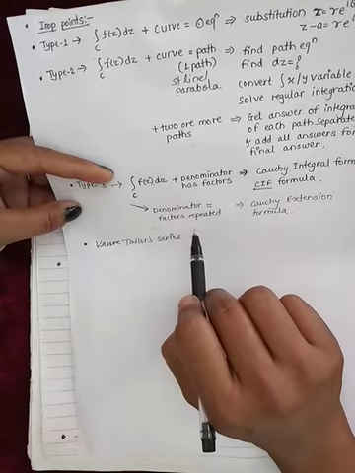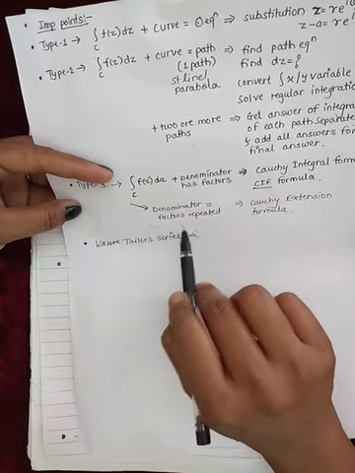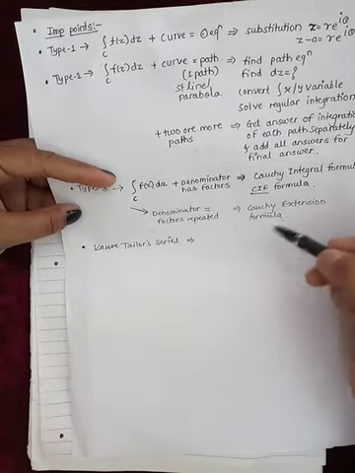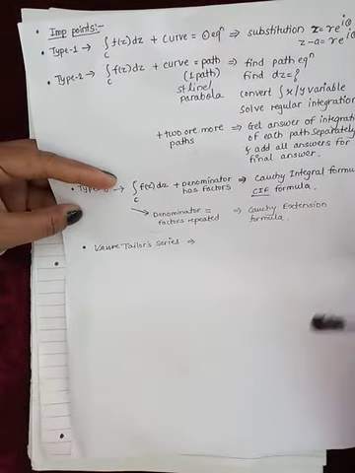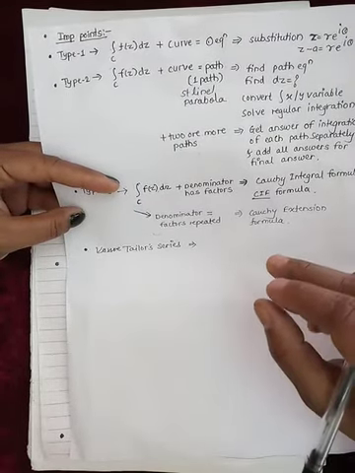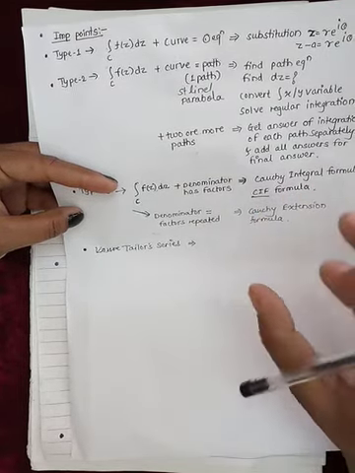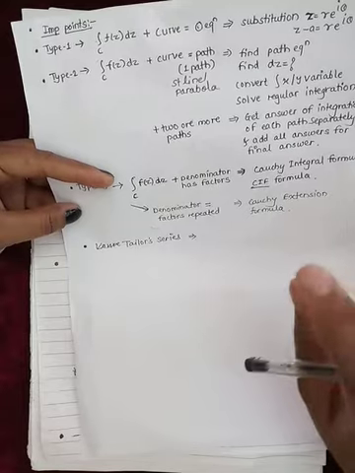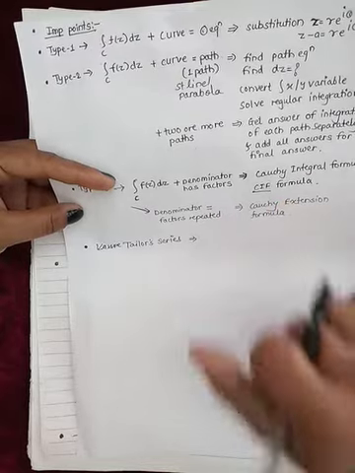Then the next type we saw is that the denominator has factors and these factors are repeated 2 times, 3 times, 4 times, etc., and the repetition is given in the form of a bracket raised to a power. If there is a factor z minus a, then the denominator is like (z minus a) raised to 4. It means that the factor z minus a is repeated 4 times. So if such factors repeat, then we have to use the Cauchy extension formula.